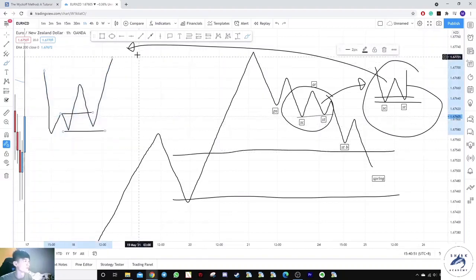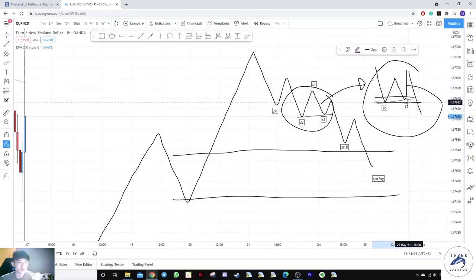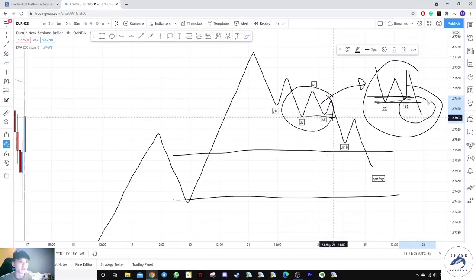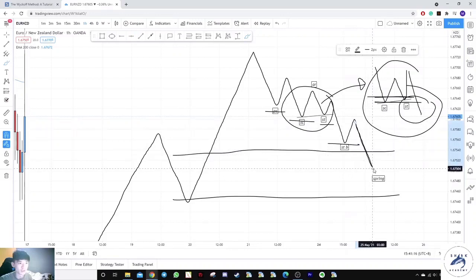So what I'm trying to say here is this secondary test serves as a creation of liquidity over here for prices to eventually break down to grab more orders over here to make retail traders participate in this market. So you can imagine there are orders lying all around here. Okay, and your STMB will be the last phase of the creation of liquidity for prices to break down towards, creating this spring.